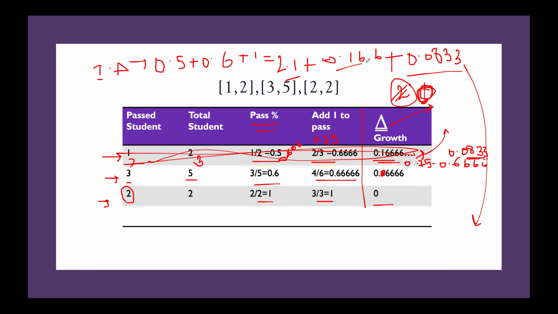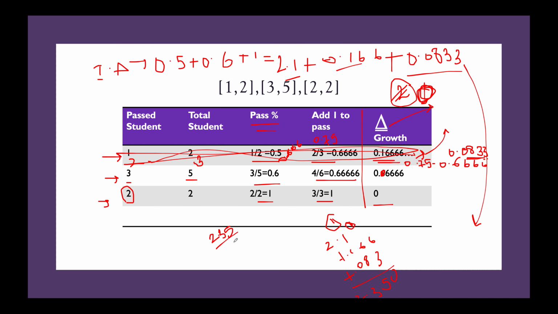So 2.1 plus 0.0166 plus 0.0833 would be somewhere around 2.1 plus 0.166 plus 0.083. And this gives me 2.35.